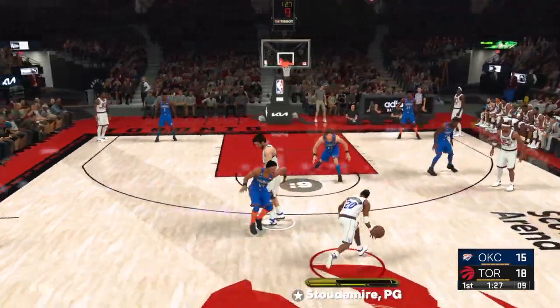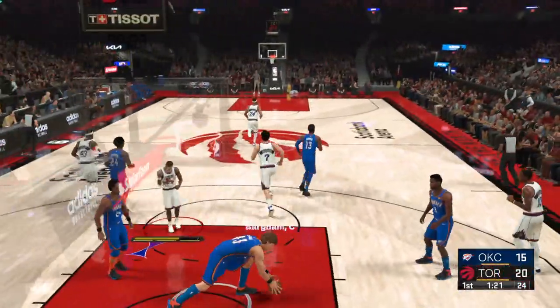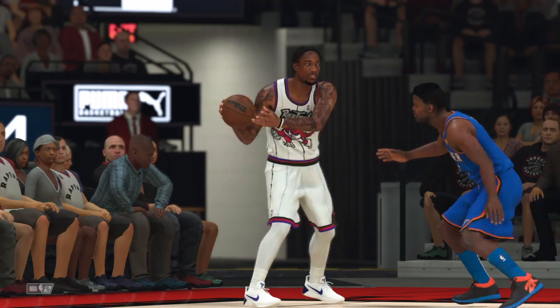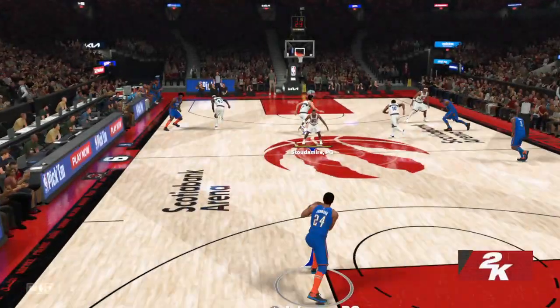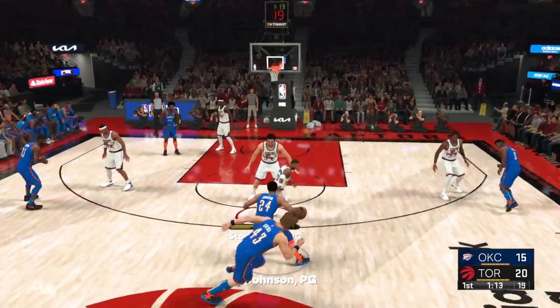Greg, real concerned about getting outshot early on. What do you think they can do to prevent it? Well, you have to find a way to stay attached to the shooters. That means fighting through picks and helping one another. Yeah, and clearly he wants his guys to play with energy and aggression on D. Quick feet, sharp movements. Here's Johnson.